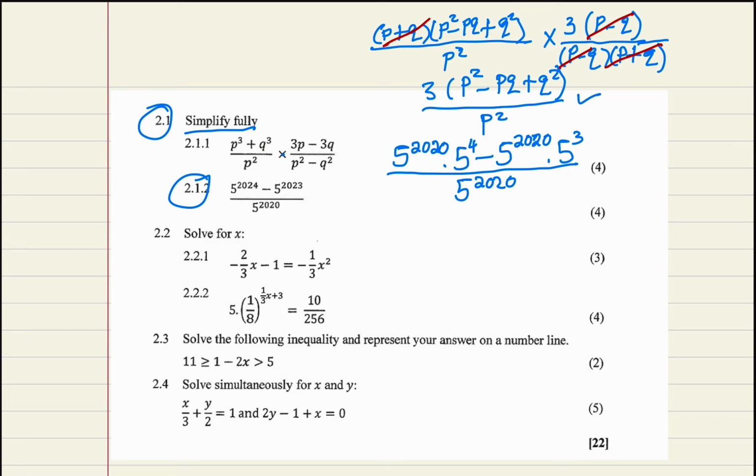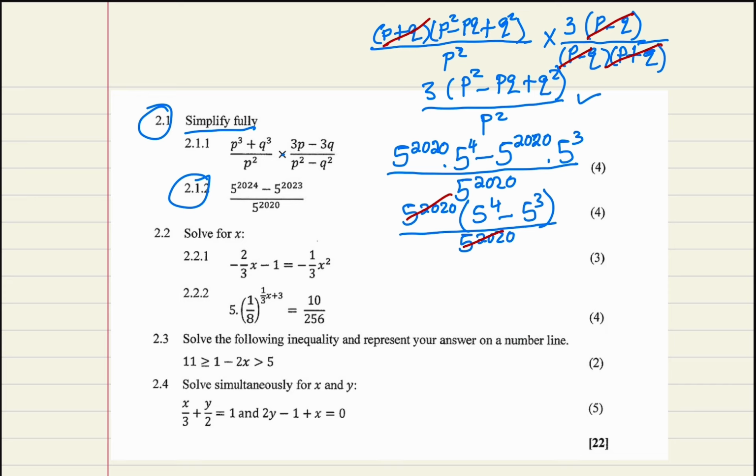Then from there, what do we do? Then on top, we take out a common factor, 5 raised to 2020, into 5 raised to 4 minus 5 raised to 3, all over 5 raised to 2020. Then we can see clearly that this one and that one goes. Now we are having what? 5 raised to 4 minus 5 raised to